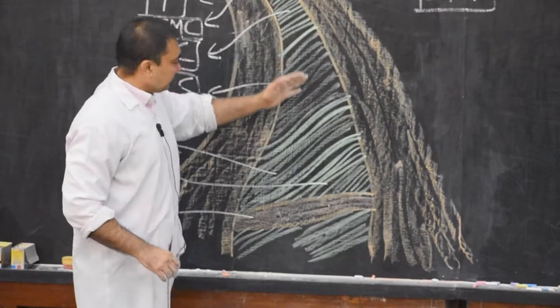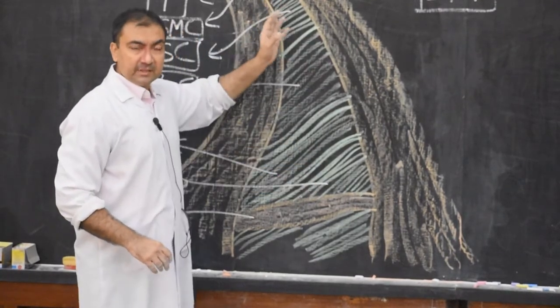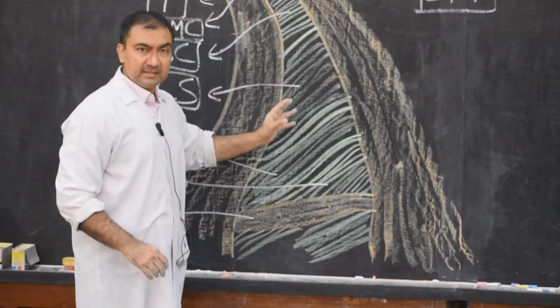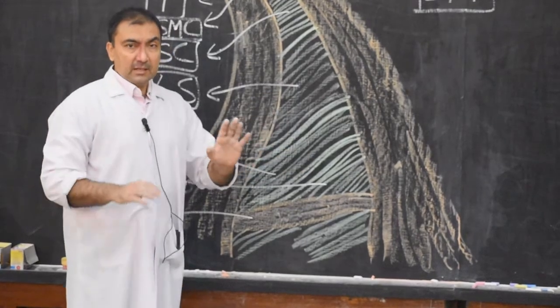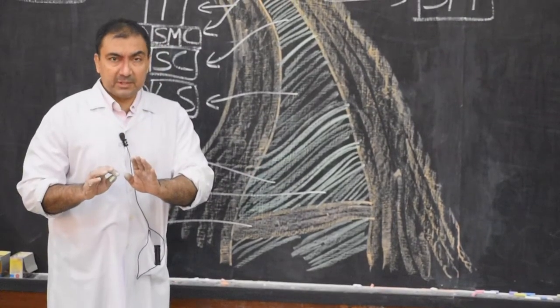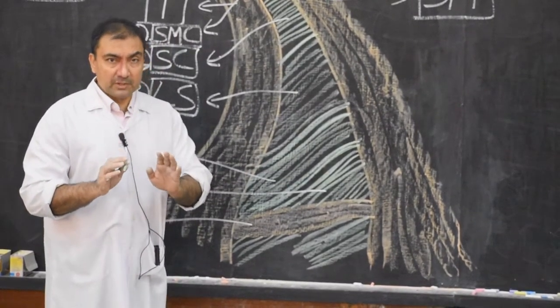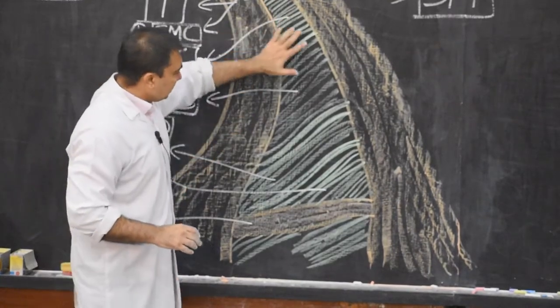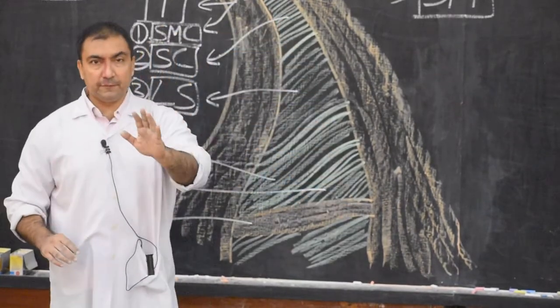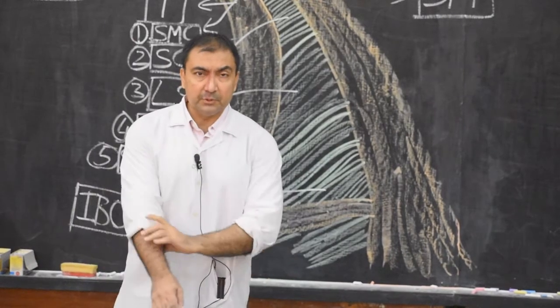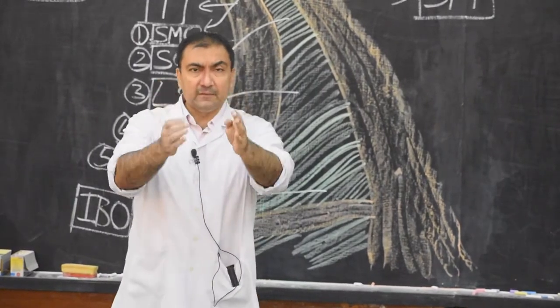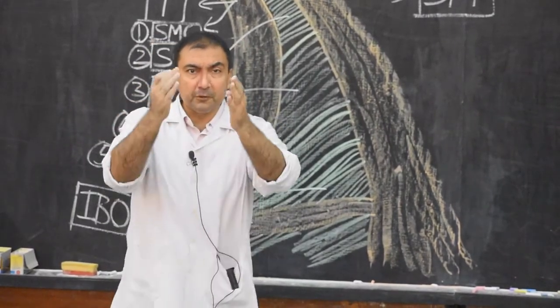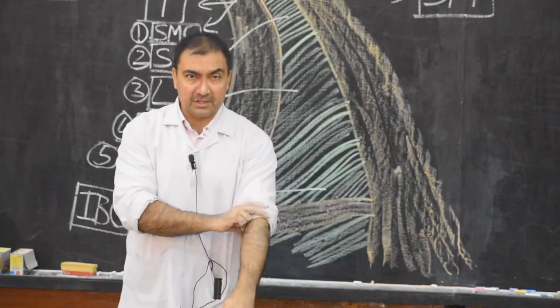So please note down the 5 muscles: semispinalis capitis, splenius capitis, levator scapulae, scalenus posterior and scalenus medius. This forms the floor of the occipital triangle. That is what you have to note down. And these entire muscles are covered by prevertebral fascia. Please note down, very important point. Prevertebral fascia will cover the entire floor of the occipital triangle.